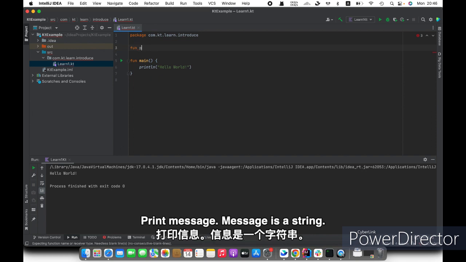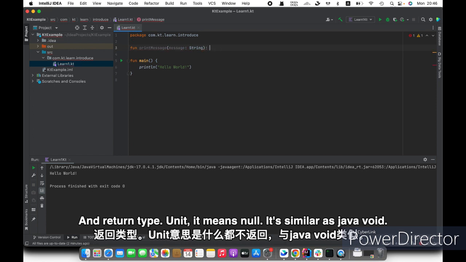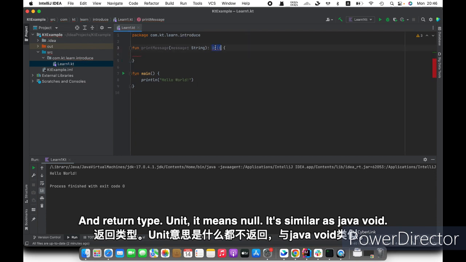You can name it printMessage, with a message parameter of type String. This is the variable name, and this is the variable type. And this is the return type. Unit means none. It's similar to Java's void,